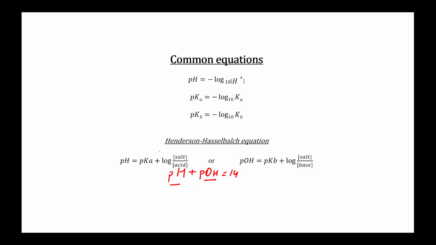And you can define this Henderson-Hasselbalch equation in terms of pH and pOH. If you are defining it in terms of pH, you will use the term pK, which is, I've told you, K is the dissociation constant of acids. And if you're defining it in terms of pOH, you will use the dissociation constant of the base. Okay, so and here also you can see the concentration of base is in the denominator of logarithmic function, whereas in this case the acid concentration is there. Okay,